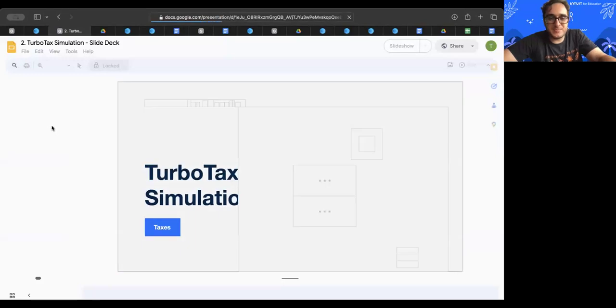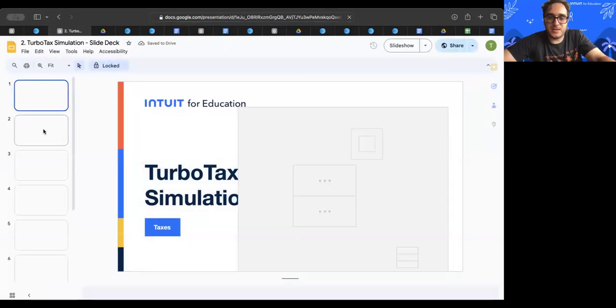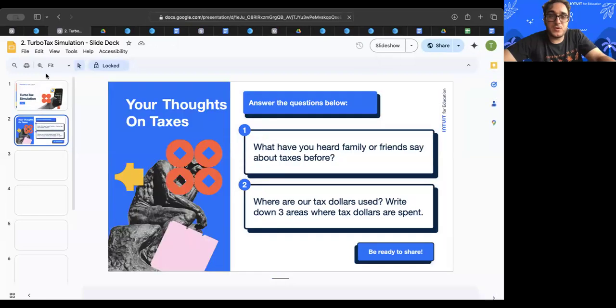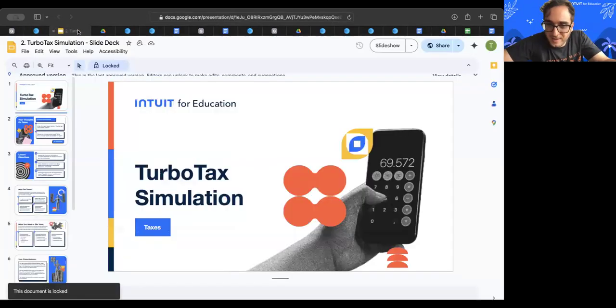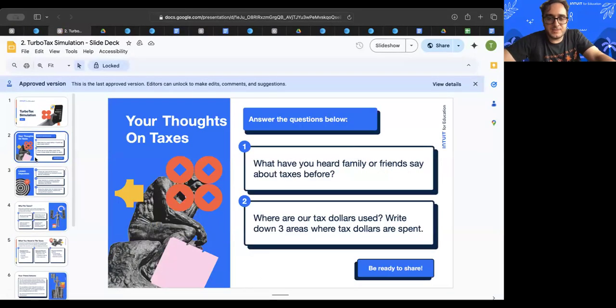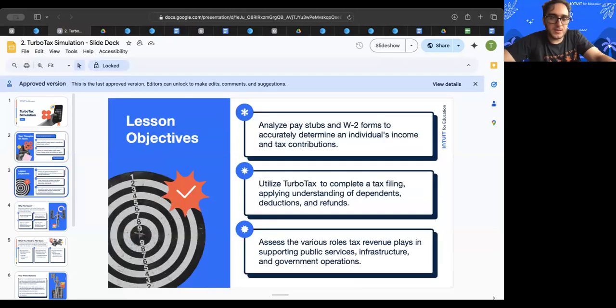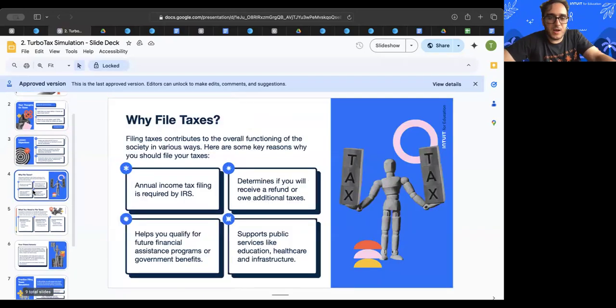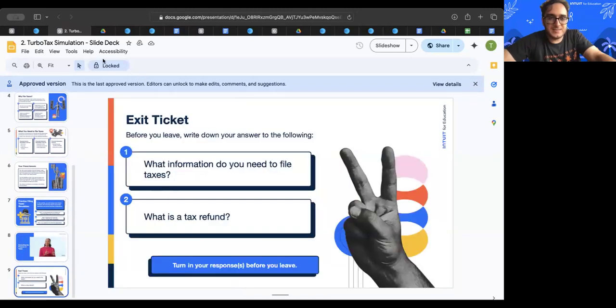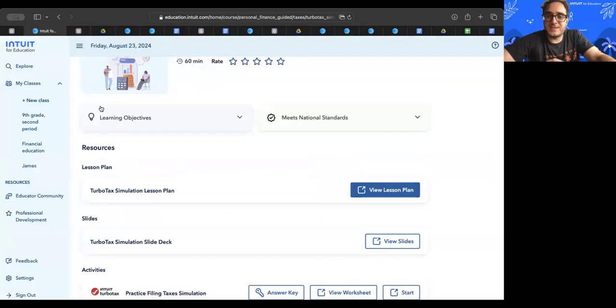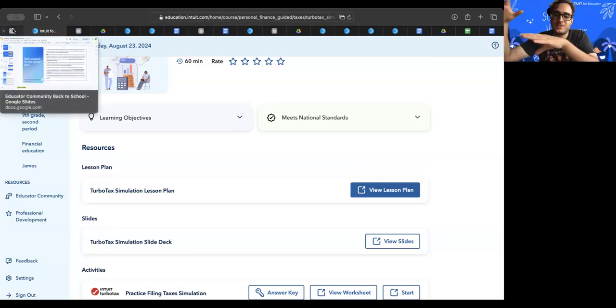And this is the presentation for the simulation lesson plan. So if you are a teacher that just wants to use a simulation and you're like, I'd love a lesson plan with it, now we have it. There's a starting opening bell ringer for the class, why I file taxes, and then the exit ticket. I really like that our team has done this so that if you want, you can do a whole lesson just around the simulation itself, or you can have the simulation within another lesson in the tax course.